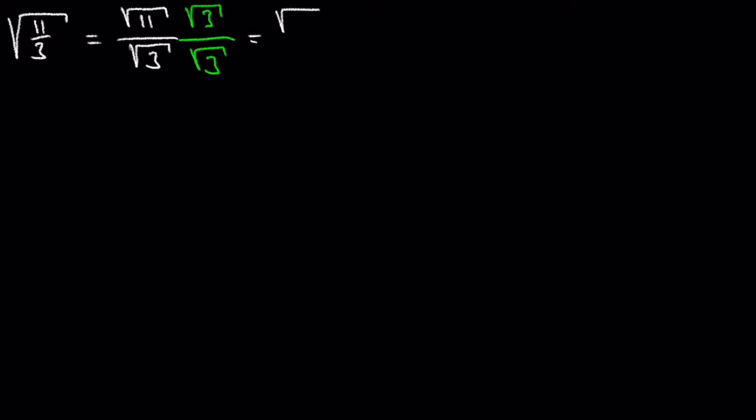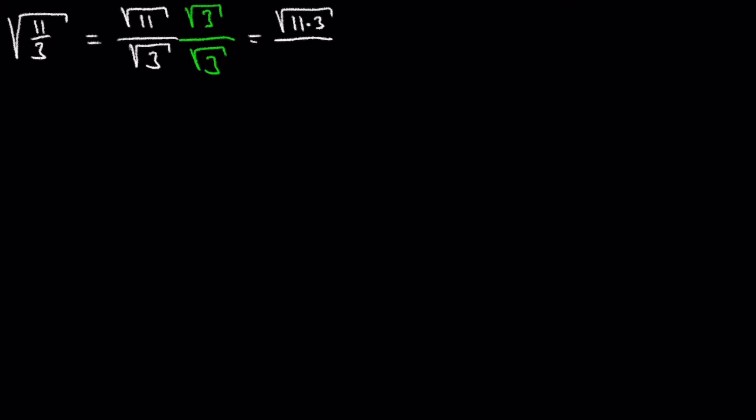The square root of 11 over 3. After applying the division law for roots, we get the square root of 11 over the square root of 3. Multiplying with the square root of 3 over the square root of 3 gives us, by applying the multiplication law for roots, on the top the square root of 11 times 3